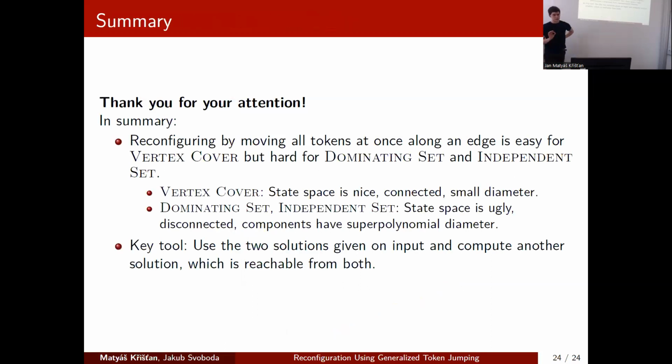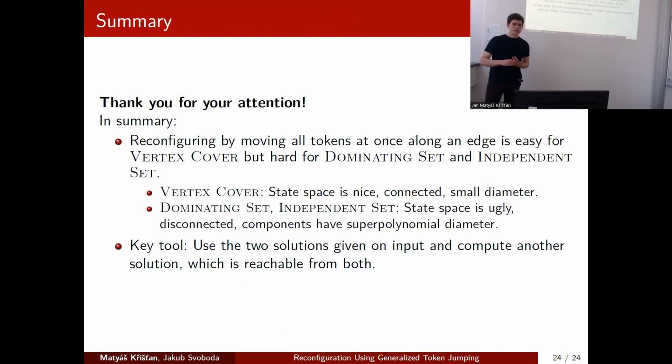So that's everything from me. Just to summarize the results. The main result is that vertex cover, when reconfiguring by taking the tokens and moving each across an edge, is easy, but eliminating independent set is hard. These kinds of results can also be interpreted in terms of the state space where